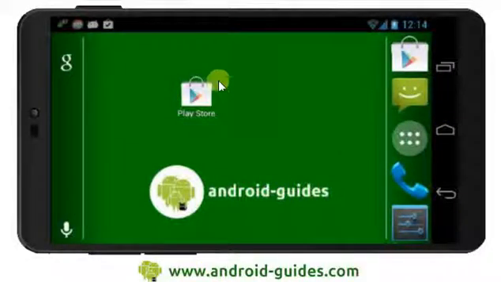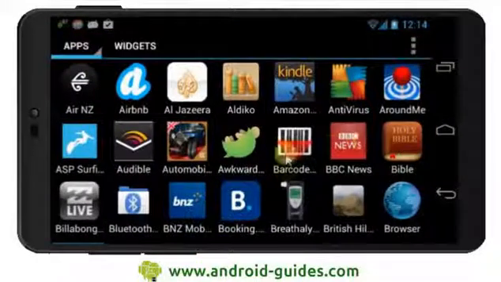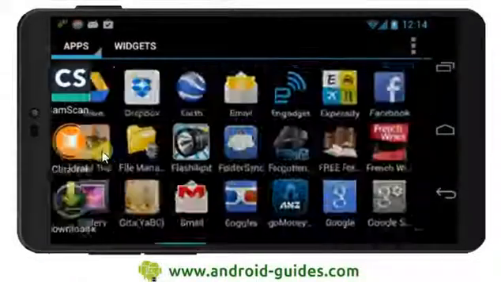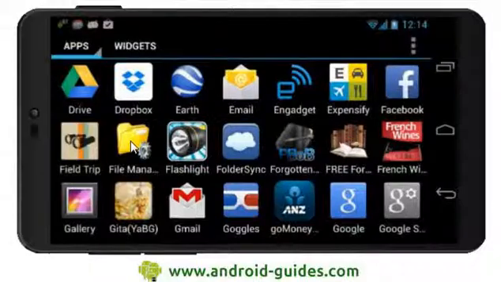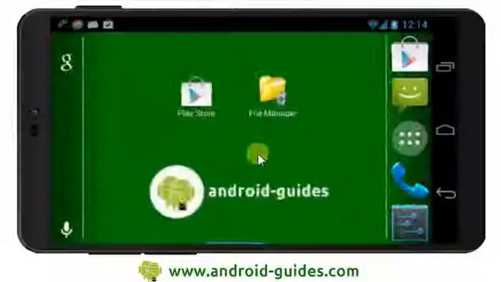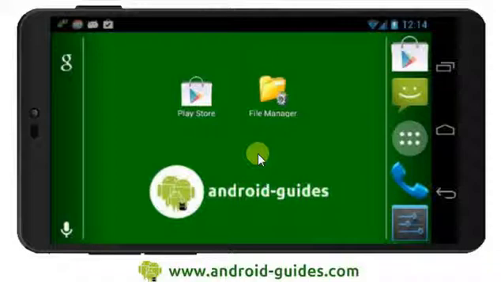And if we want to place the icon on one of our home screens, we go into our apps here, and we'll scroll through our apps until we get to the File Manager app, which is sitting here. We do a long press on that and hold it, and then we drag it over, and it's now sitting on our screen. We've now installed File Manager. It's a very useful app, as we will see in later videos and later in